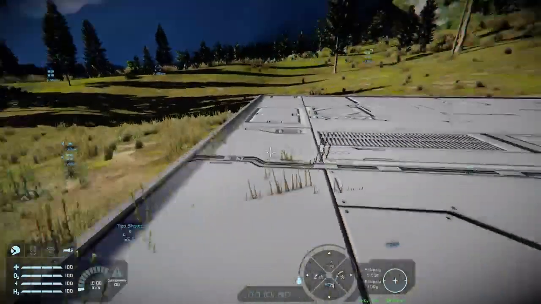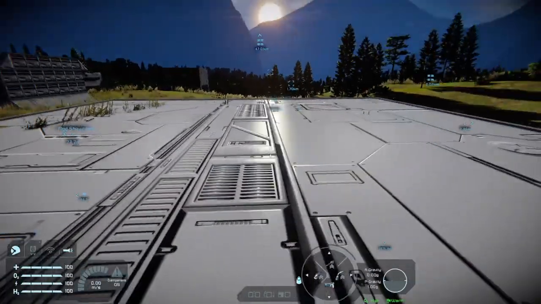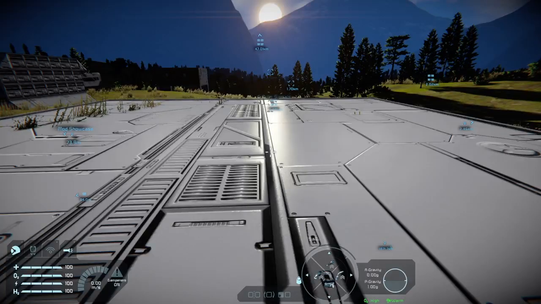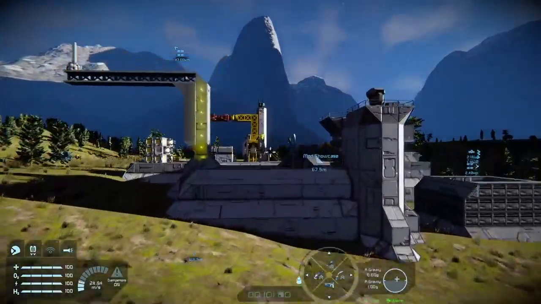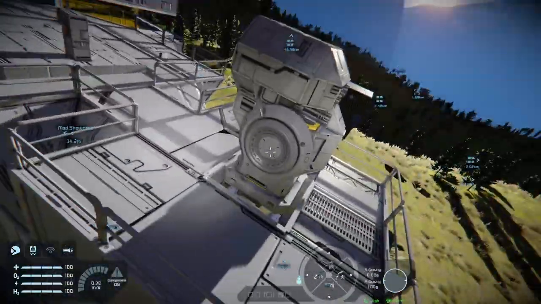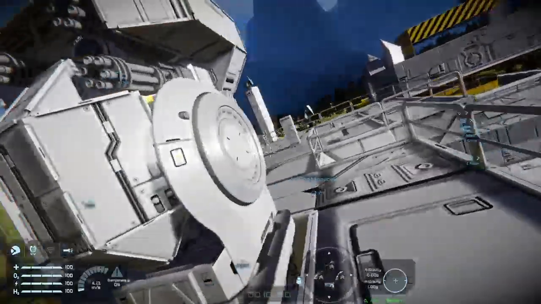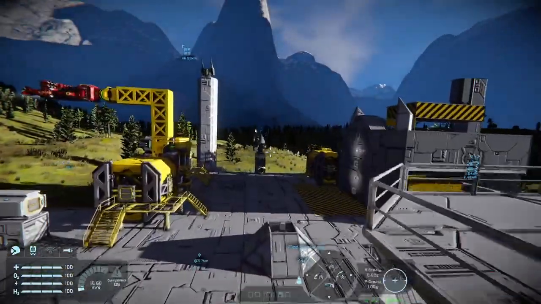Now, this is a static grid. It counts as a station. It's just several blocks, a battery, and it's a platform to mess about on. And here it is, the base. And as you'll see, I've got a custom turret here already, sitting there.